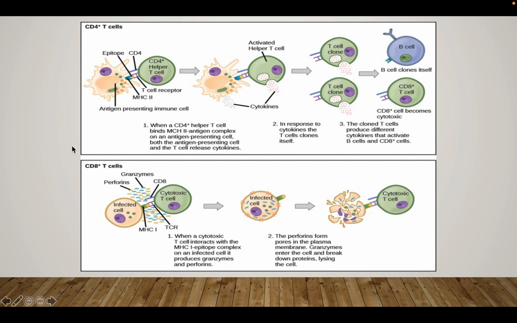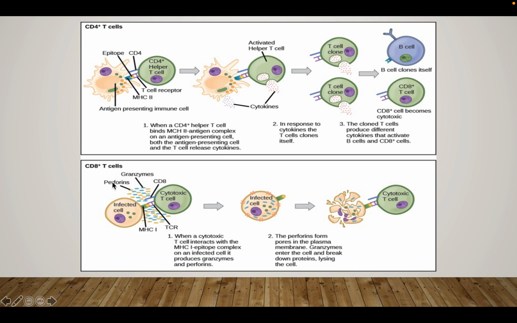Now, with our cytotoxic T cells, or our CD8 T cells, we see a similar thing, except now we have MHC1 in our infected cell, and we have our CD8 cytotoxic T cell. But again, you see the T cell receptor interacting with the epitope presented on the MHC molecule, as well as the CD8 marker on the T cell itself. But what you see here is now we see something called perforins and granzymes. So what these perforins and granzymes are is when the cytotoxic T cell becomes activated, okay, and it can become activated via our helper T cells up here, it will release